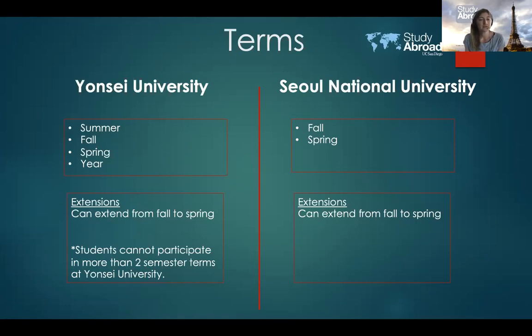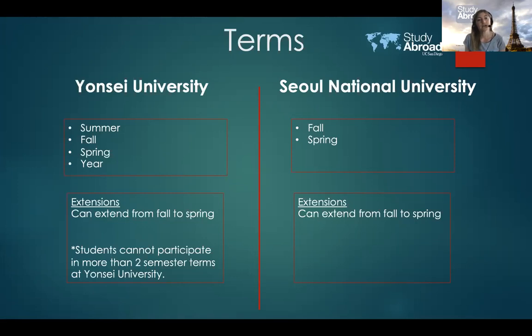And the fall semester does cut into our summer a little bit. So it runs usually from about the middle of August through the middle of December. So if you have a summer job or a summer internship, or you plan to take summer courses on campus, that's just something to think about. And then, like I said, spring semester cuts into our winter quarter and goes through our spring. That usually starts in mid-March and goes through mid to end of June.